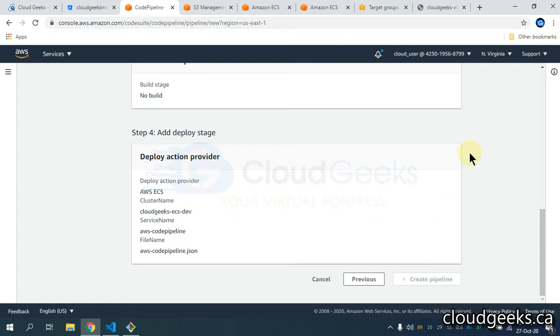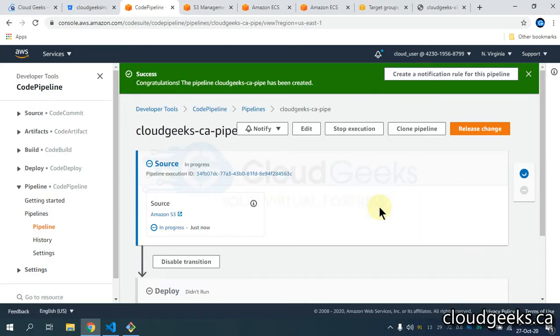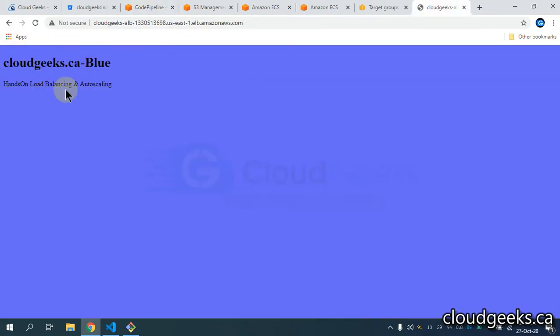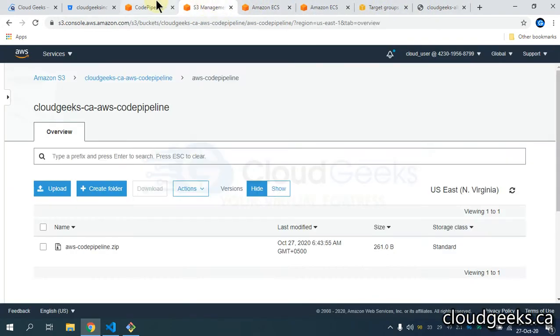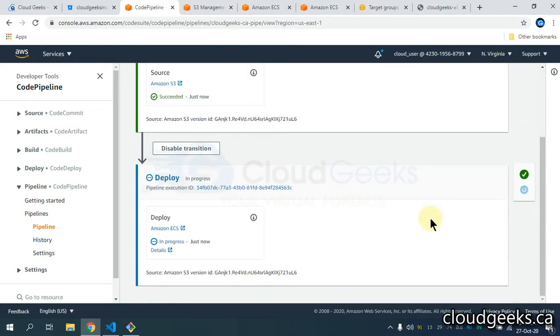By default, when you create a pipeline, it is going to be automatically triggered, and you see it is running. In case of any issues or errors, it is going to fail. So we have to wait and watch. Currently our setup is with the blue. The pipeline is running. In case of issues, we have to look for the error. We have our zip as well.